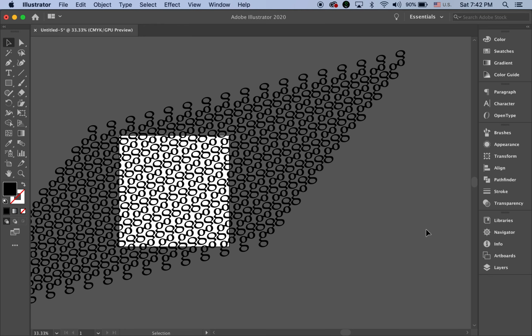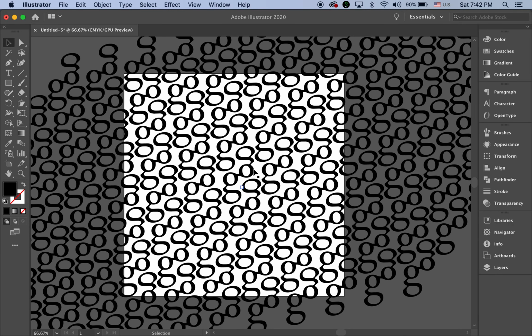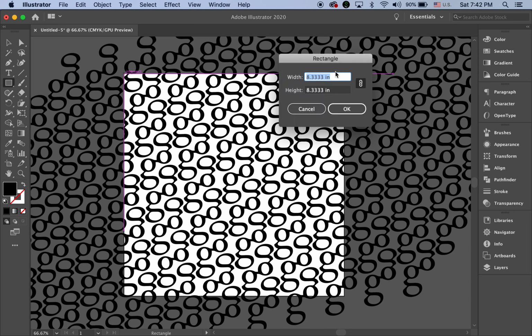See? So it looks okay. Once it is done, we're almost there. There are a lot of G patterns. I don't want to see it. So what I'm going to do is, let me draw a rectangle, same size. Let me place my mouse cursor on this top left corner and just one click and type